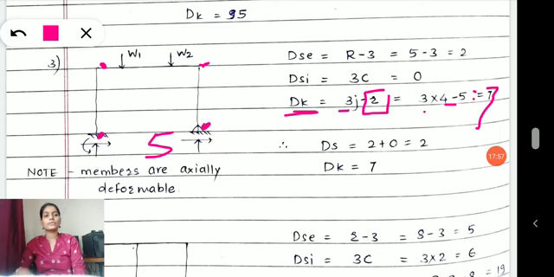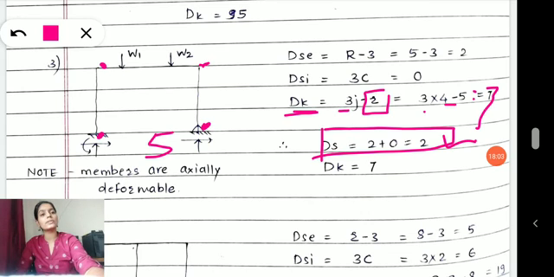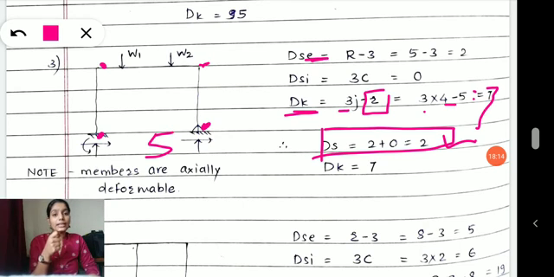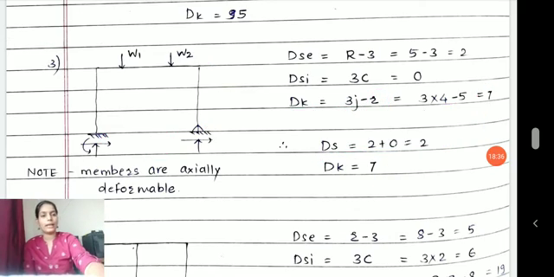dk will be 7. So my structure is telling static indeterminacy is equal to 2, which is caused externally, which means my supports, how I have arranged them, are not in a suitable way. It is creating an indeterminacy. How? Because we are not able to solve for those extra unknowns which are externally provided, and that's why static indeterminacy is equal to 2, caused by the external supports. And dk is the kinematic indeterminacy, and the degree of kinematic indeterminacy is 7, quite a large value.